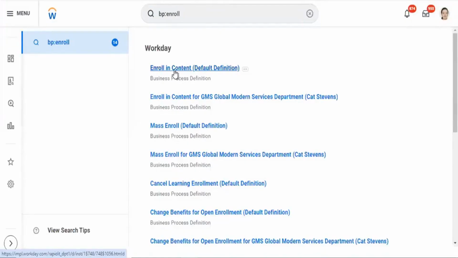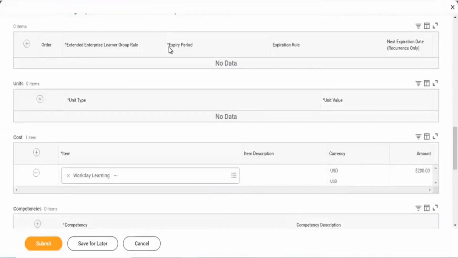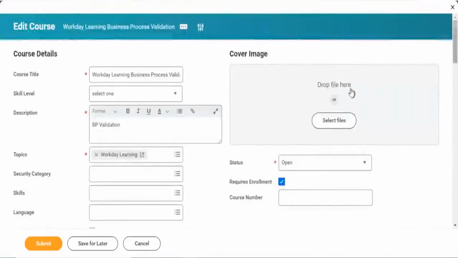How this comes is when we create a digital course or blended course, there is a checkbox we have checked here, requires enrollment. When we check this checkbox, enrollment comes into the picture. When we don't check this checkbox, there is no enrollment required for this course. Without enrollment, the employee can go and take the course.